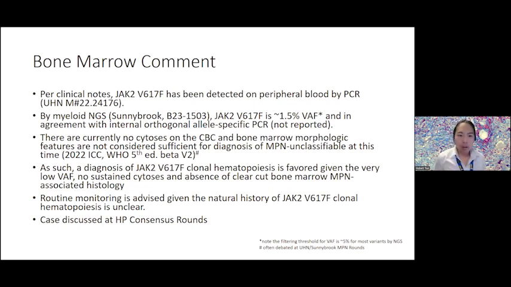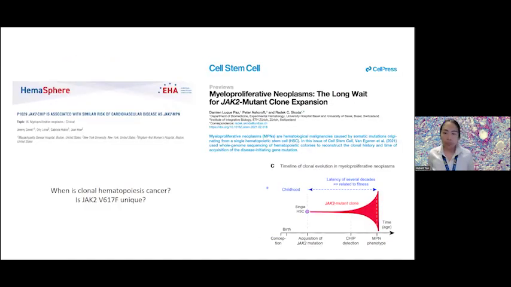So, we didn't feel like this warranted an MPN unclassifiable label at this time, and we favored that this was more JAK2 V617F clonal hematopoiesis. You can argue that that's supported by the very low VAF. However, we did say that such patients should continue to be monitored, as the natural history of JAK2-CH or clonal hematopoiesis is unclear. And we know information about this is